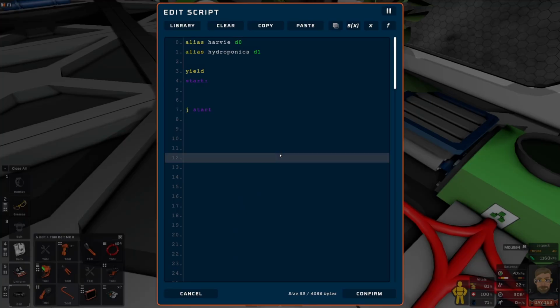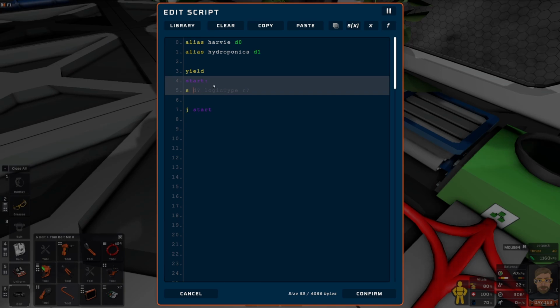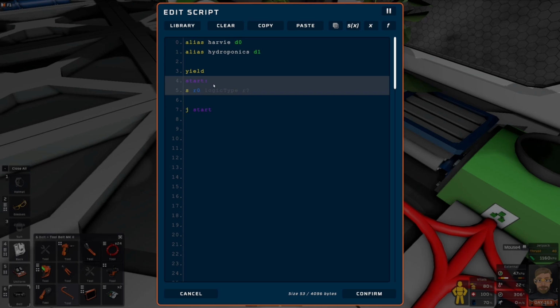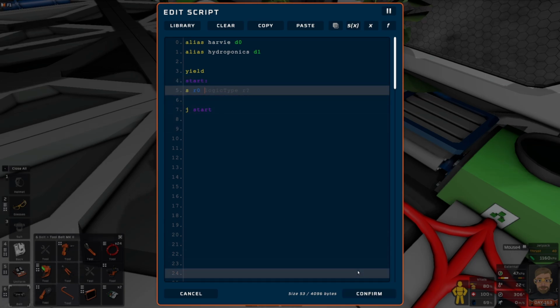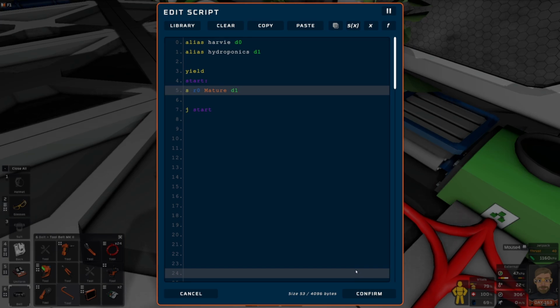Okay, it's been ages since I've messed with this, so I've got to remember. So was it set? So if I set R0 to, I mean, to be fair, I can use D1 and D0. It's going to be easy. I know what it means at the top, so it doesn't matter. So hydroponics. So set R0, I need that. Is it mature? The mature of D1. And then